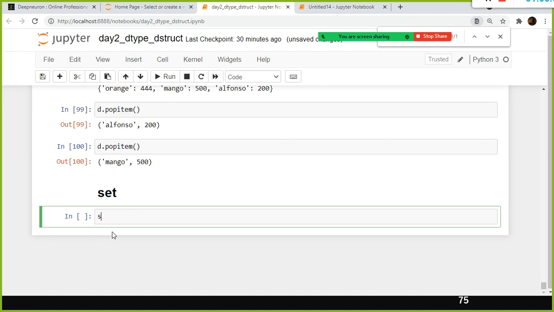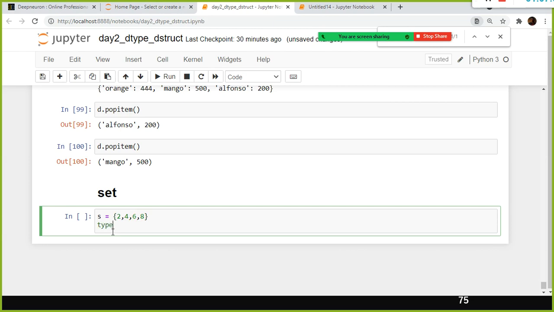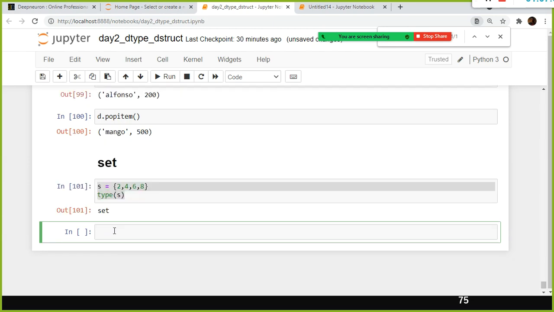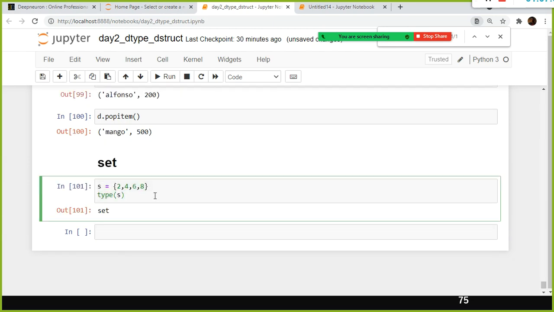So what do you mean by unordered collection? We will see. S is equivalent to, for example, 2, 4, 6, 8. If I give type of S, it tells me set. But for a dictionary, how should I define it? Key value pair, where the key is separated by a colon, key colon value.